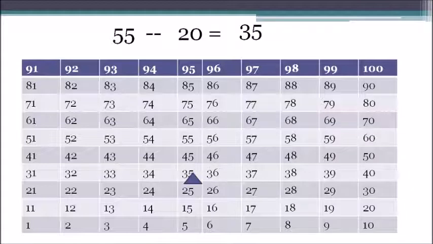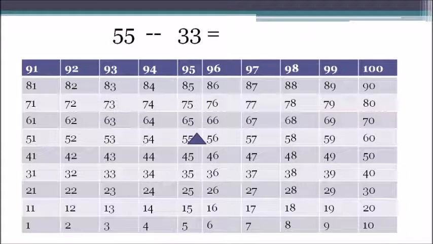This question seems very easy, so let's make it a little bit harder, then it will be more fun. The question in front of you on the screen is 55 minus 33. Whenever you are doing any subtraction or any kind of mathematical calculation, first reach the number given on the screen. The first number is 55 and the second number is 33. First reach 55, then find out how many tens and how many ones 33 has. Can you tell me how many tens and ones are there in 33? Yes, 33 has 3 tens and 3 ones.